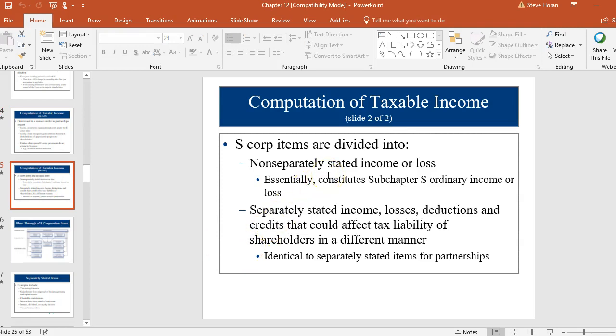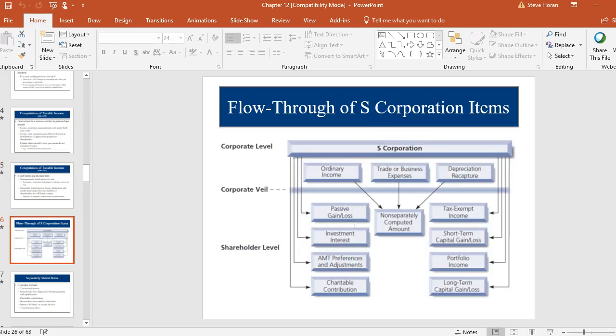S Corp items are divided into, and this is exactly the same as LLCs, non-separately stated income or loss, which essentially constitutes subchapter S ordinary income or loss, and separately stated income, loss, deductions, and credits that could affect the tax liability of shareholders in some different manner. So this is really just the same rehash as LLCs. And this is a good summary of what all those are,